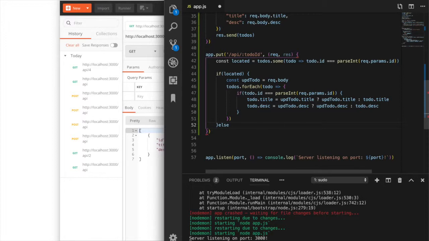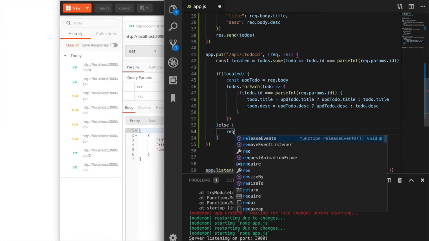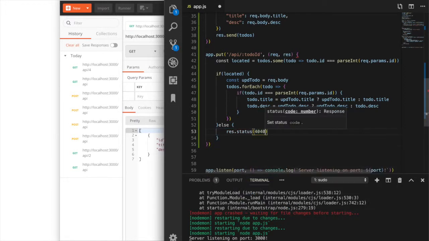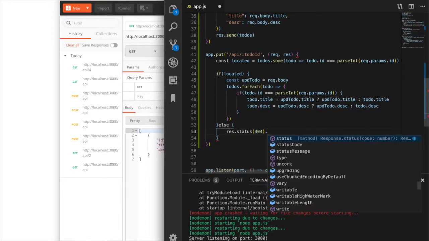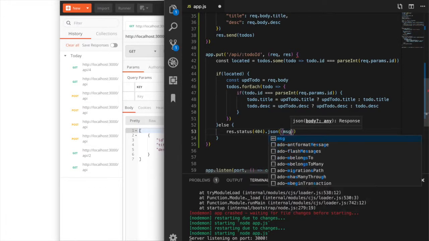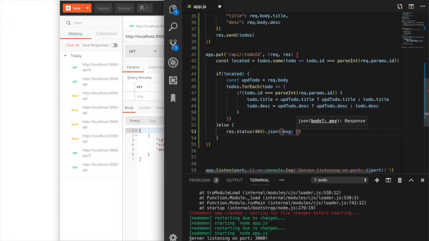So if not found, send a 404 message back to the user, and we're going to use backticks on this one because we want to pass through a variable, and we're going to tell them that todo with